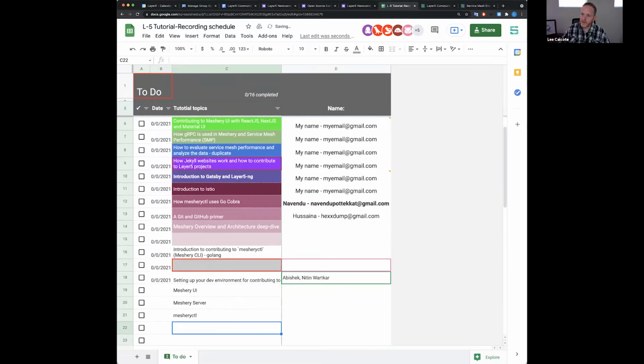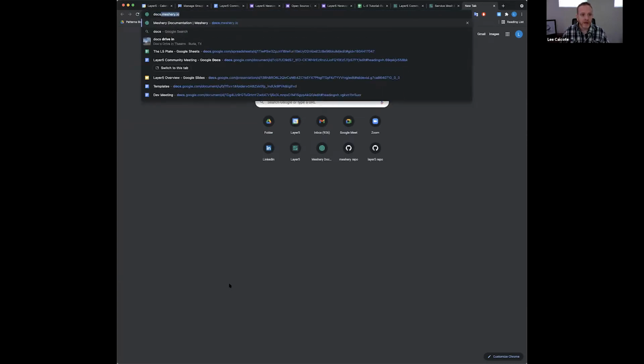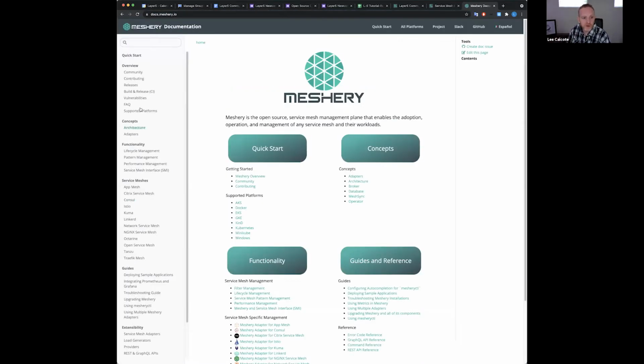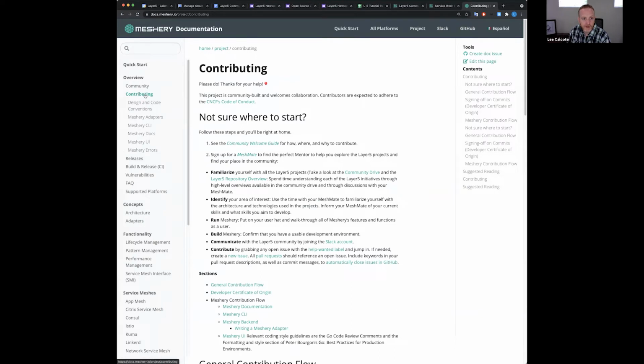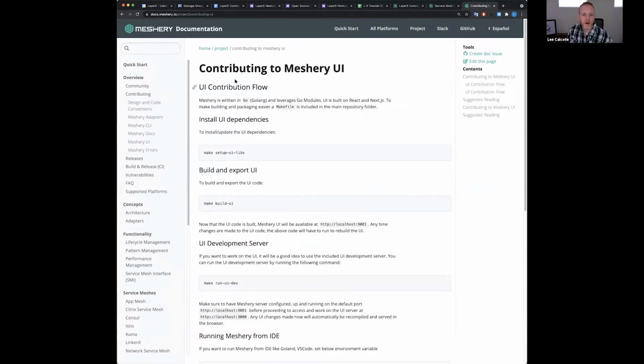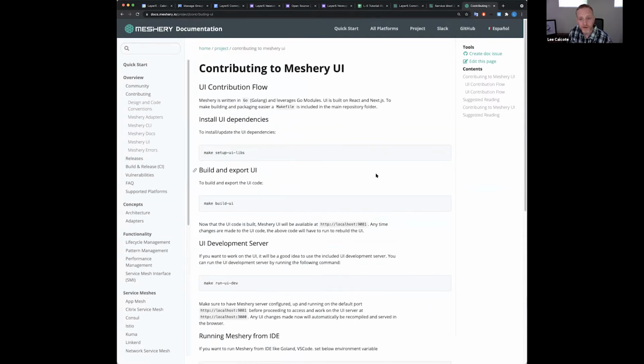That might be really helpful, because what we could end up doing is give Nitin and Abhishek 15 minutes of internet fame, or maybe longer, by not only getting that video up, but also, my hope, or our hope, is that people are fairly frequently referencing these docs. Okay, hey, I want to work on Meshery's UI. How do I contribute? Oh, you mean I have to read all this? If there was a video right here, if you're lazy like me, you'll probably watch the video. So yeah, it could be really good